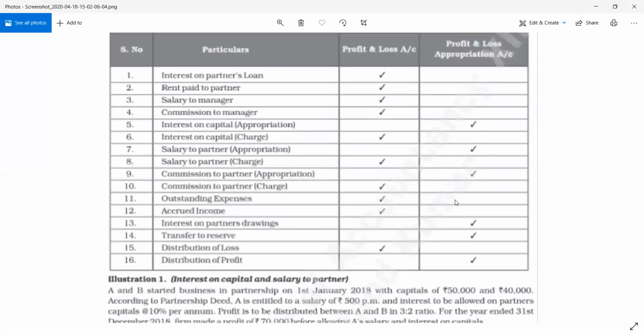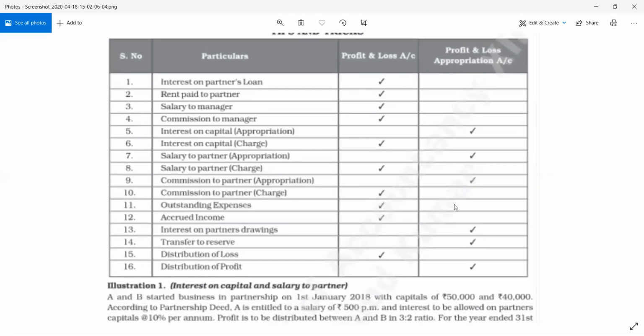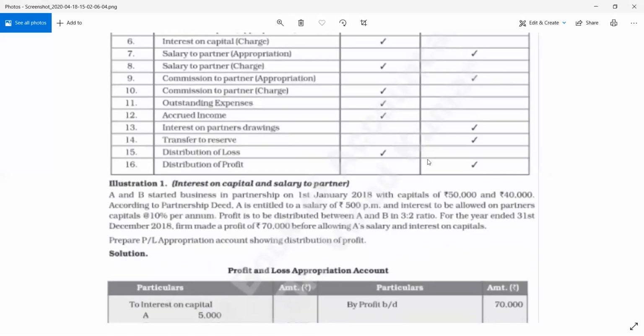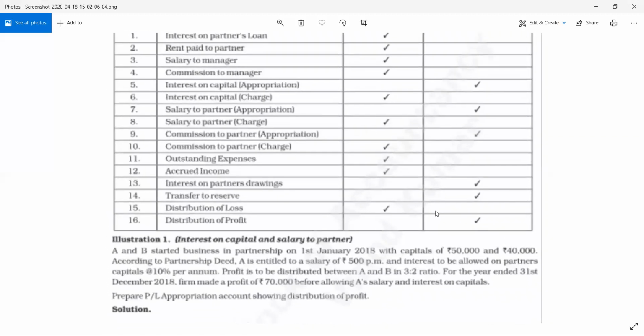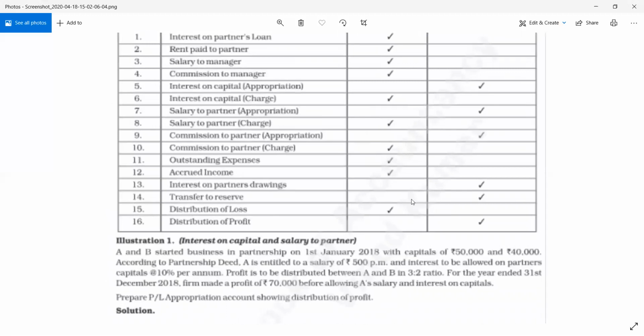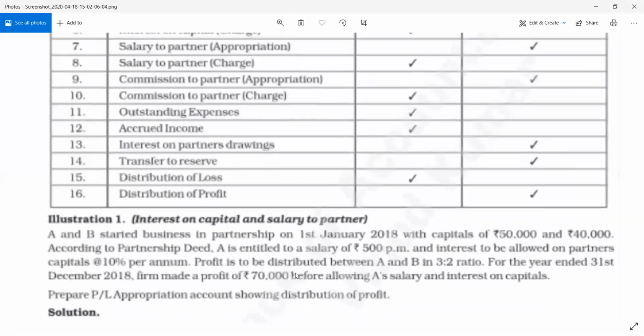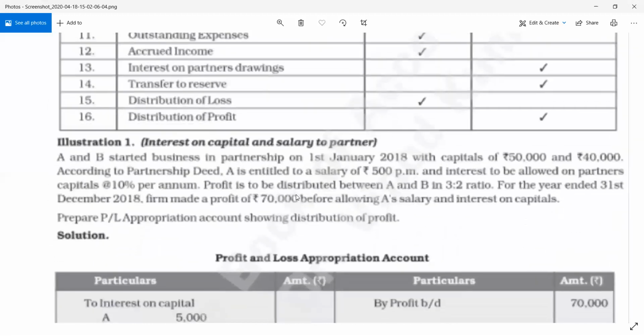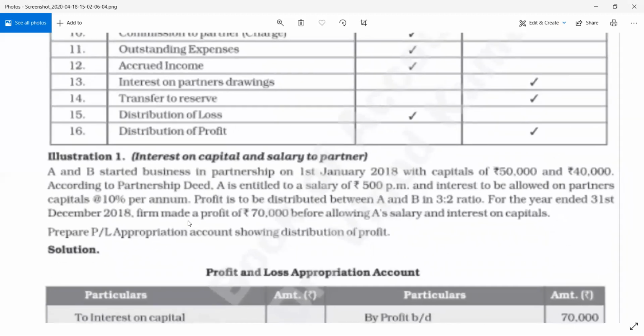जिसमें हम लोग को समझना है कि कौन आइटम कहाँ पे जाएगा। नेक्स्ट आ जाता है इंटरेस्ट ऑन कैपिटल और सैलरी टू पार्टनर, उसका ट्रीटमेंट कैसे करना है। एक क्वेश्चन ले लेते हैं हम लोग आसान सा समझ के। क्या है यहाँ पे, मैं क्वेश्चन को जूम कर लेता हूँ।